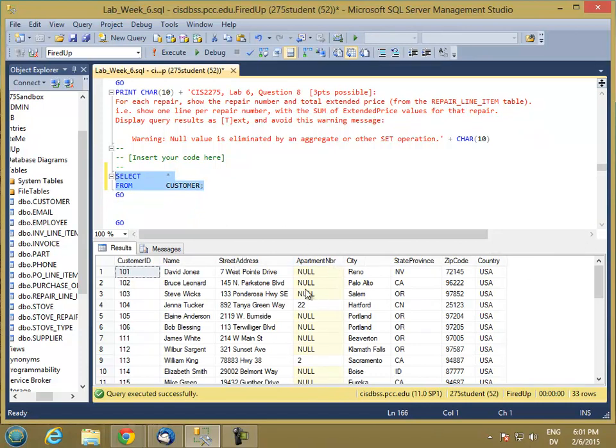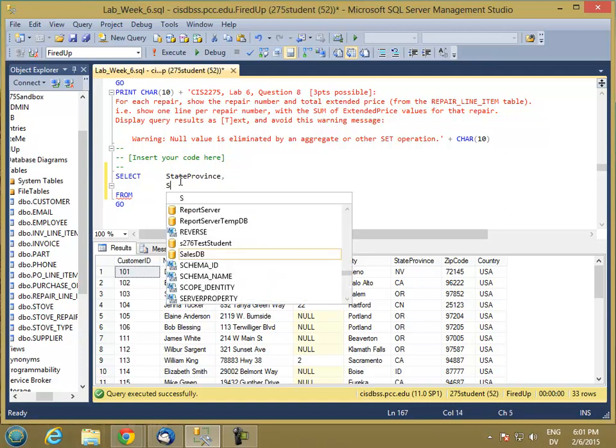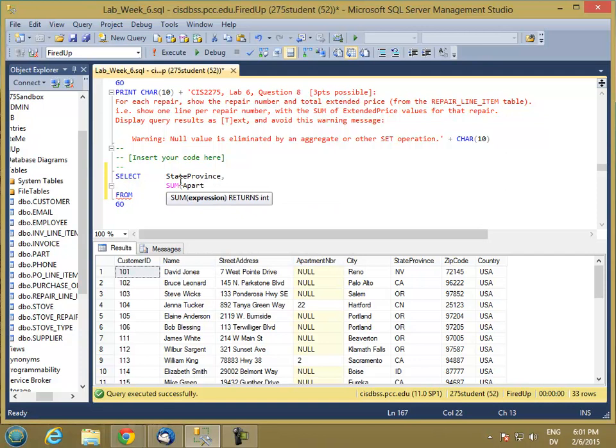And then let's say we were going to group by state and sum the apartment numbers. It's kind of a crazy query to do, but we can do it. So let's select the state province and the sum of apartment number, and then this is going to be from customer. And we're going to group by state province. And then if we run this query,